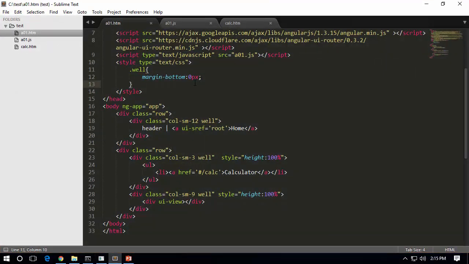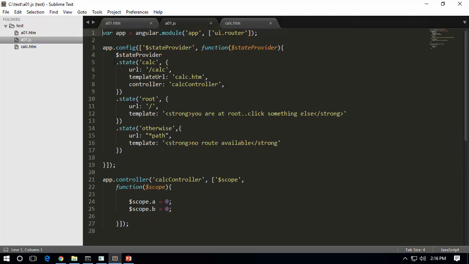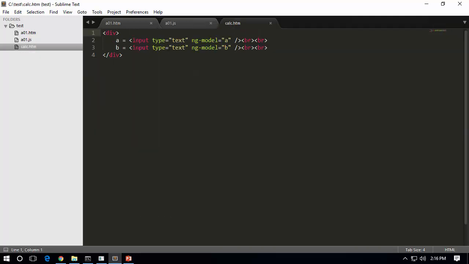Okay, so this is a simple HTML file where I'm having some kind of SPA based layout, with a header and home and just a left panel and a right panel. The left panel is simply showing a link to this state called calculator, and whenever that state is loaded, it is going to load in this UI view. So the moment I click on this calculator, it goes to this calc which is defined in this manner. This calc goes to our calc.html which is defined in this way,